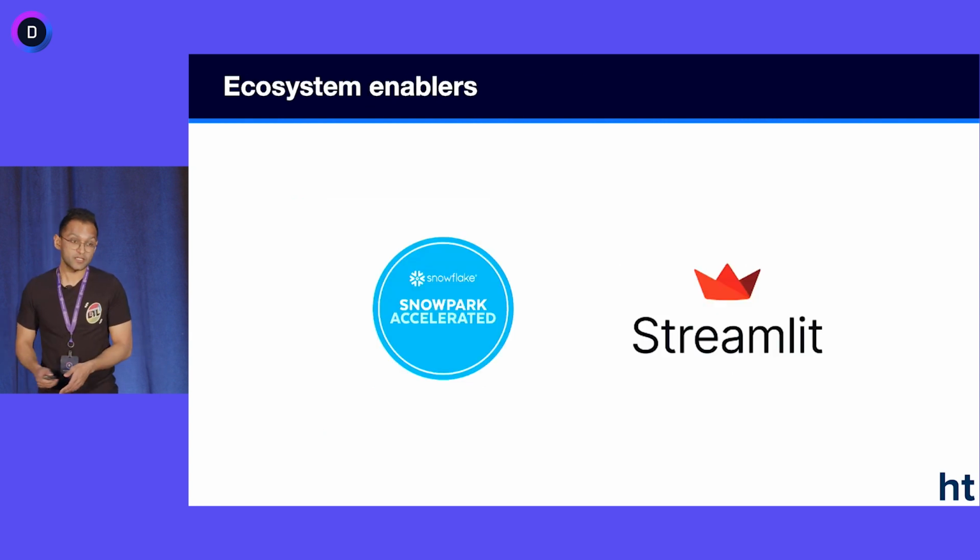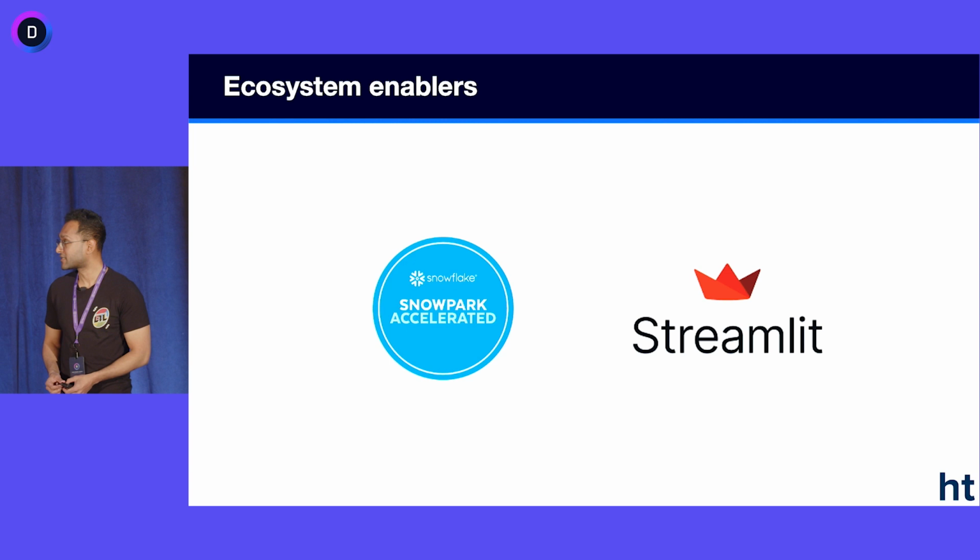And then there are ecosystem enablers like Streamlit and Snowpark that are really making data apps more accessible to us. I don't even have to host my own data app anymore if I don't want to. I can just use Streamlit to host it for me. And that gets pretty exciting because otherwise you have to spin up AWS and host your data app there and watch it and make sure it doesn't break. So that's super nice. And then Snowpark,